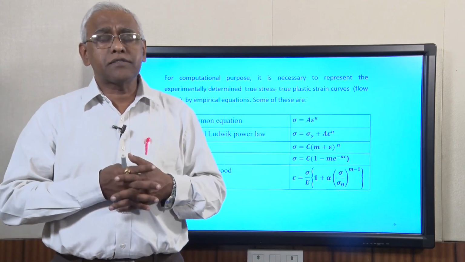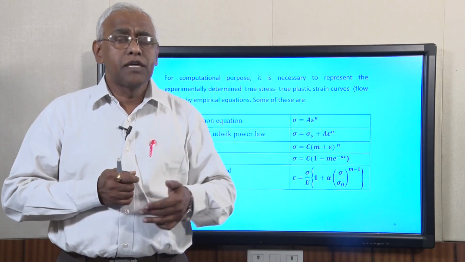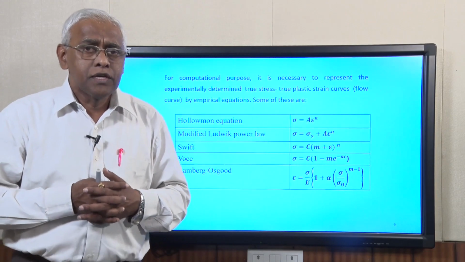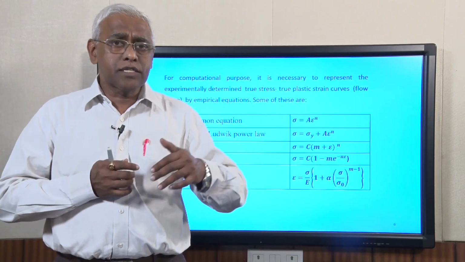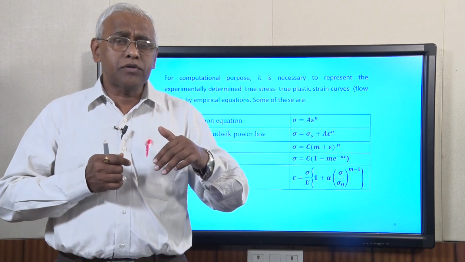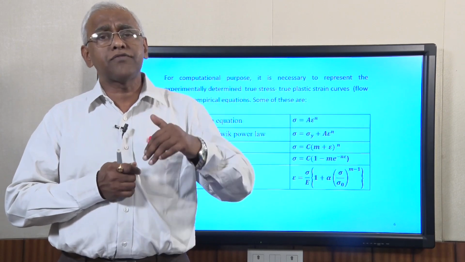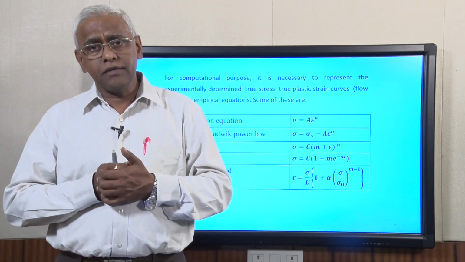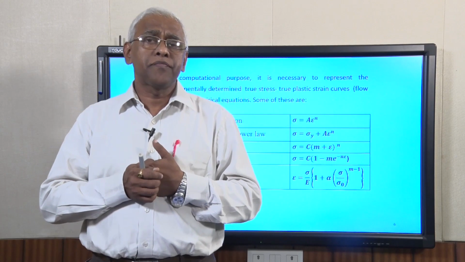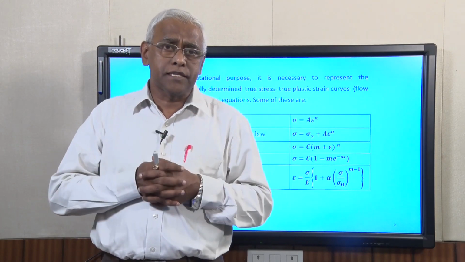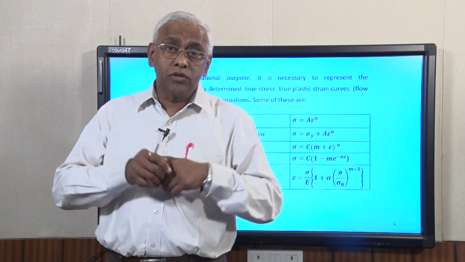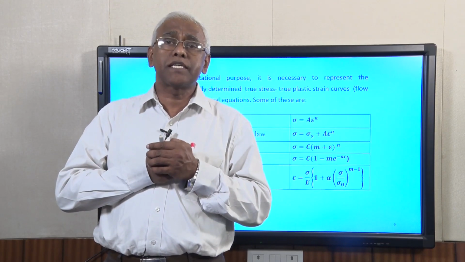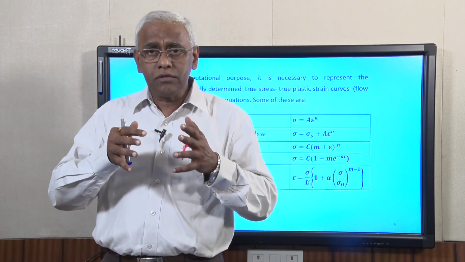Most of the wrought materials are subjected to plastic deformation; some are subjected to hot working and some are in the cold working condition. In the cold working condition, depending upon the amount of strain or plastic deformation given, the yield strength will be high, especially when it is in the work hardening region or homogeneous deformation case. So, you do not know how much strain has been given to the material, so you do not know what the yield strength will be.